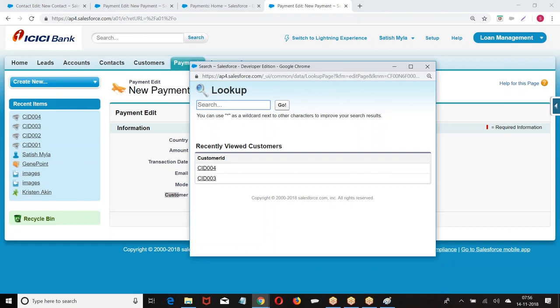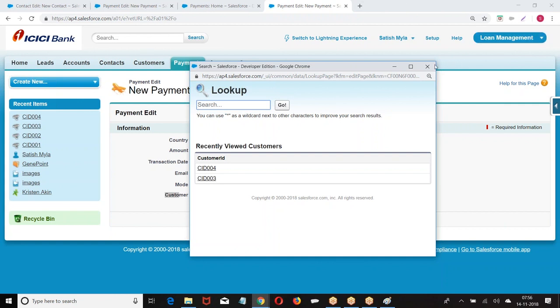Which customer record should be displayed here? That I was controlling by using the lookup filter. The lookup filter will tell which records of the parent should be displayed in the pop-up window. Did you get my point?